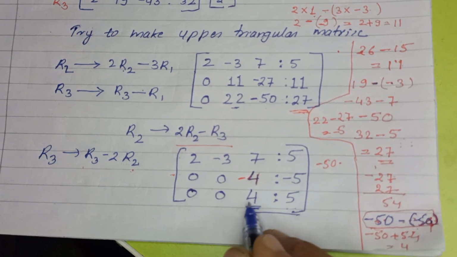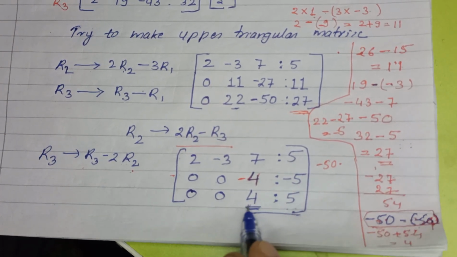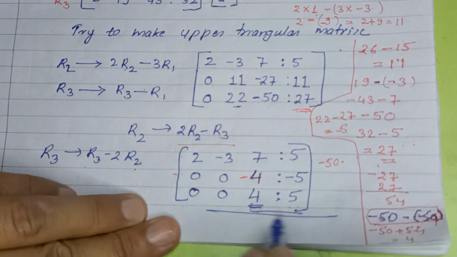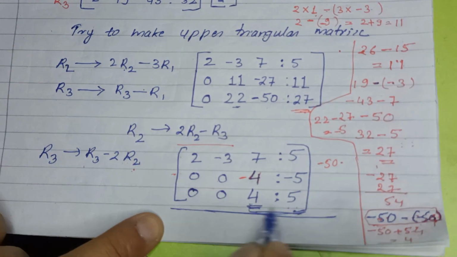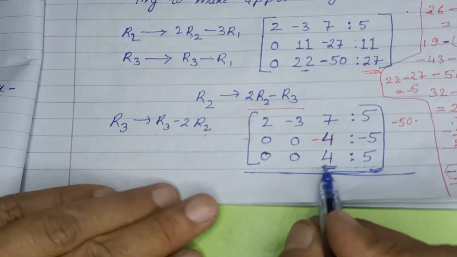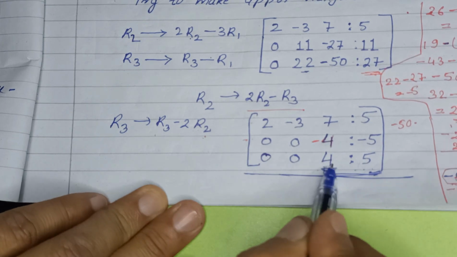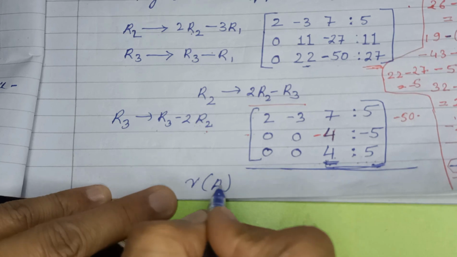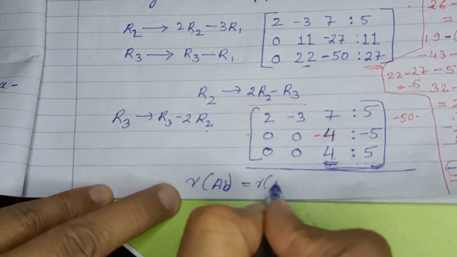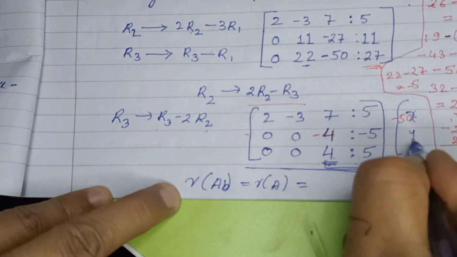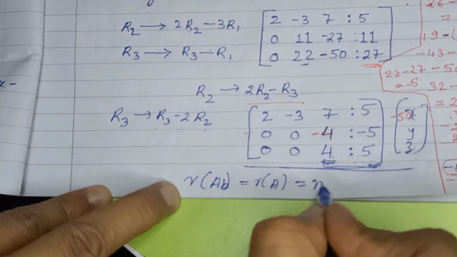In order to get 1, I can simply divide by 4. If I divide by 4, then I get the value of each one of them. See, let me try that. So this is what I got. About its consistency, I can say from this that it is consistent and it has three, say, rank of A equals rank of AB, and there are 3 variables x, y, z, so it's equal to n. So that's why